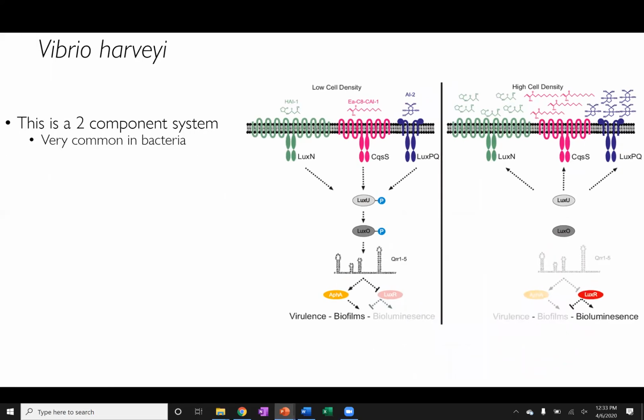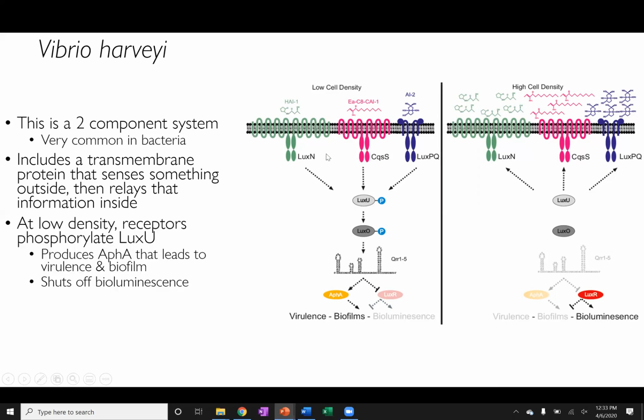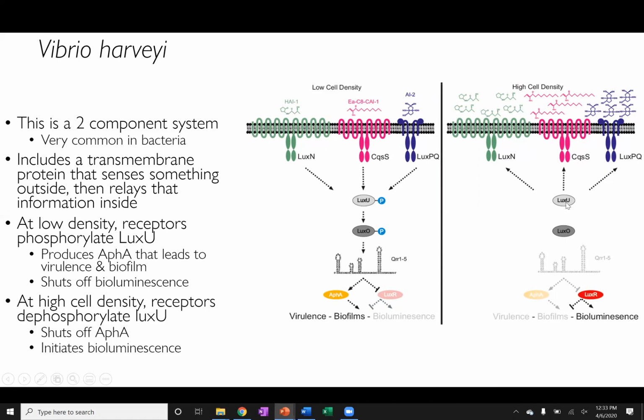And so this is a two-component system that we commonly see in bacteria, less so in archaea. But essentially, it's a very common system, as we saw with our gram-positive bacteria. It includes a transmembrane protein that senses something on the outside and then relays that information on the inside. And at very low densities, this LuxU is phosphorylated, and what this leads to is the production of AphA that leads to virulence and biofilm and shuts off bioluminescence. At high density, what ends up happening is the presence of AHL inducers in high densities dephosphorylates LuxU, which in turn then turns off virulence and biofilm formation